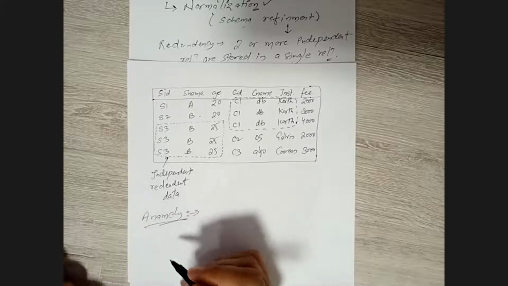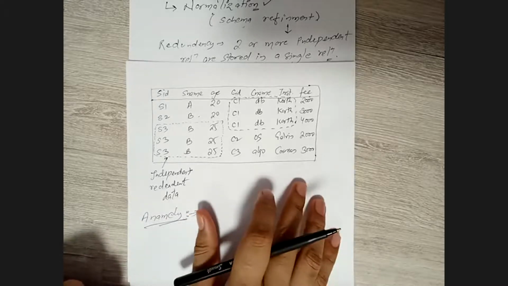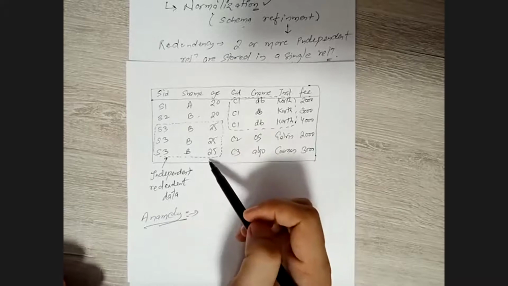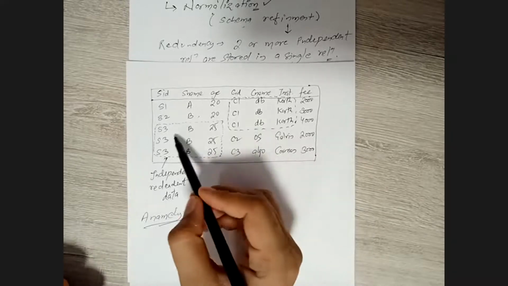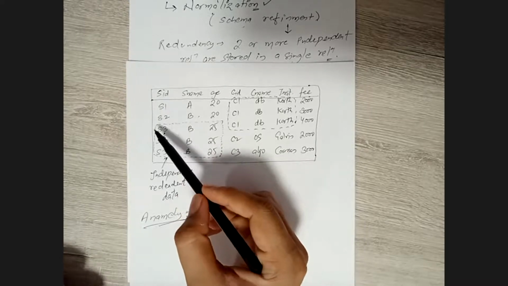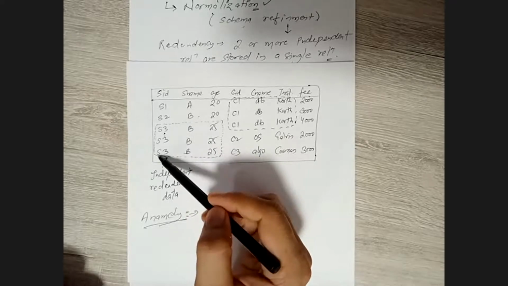So generally, there are a lot of anomalies that we can have in the database. Before that, let me give you a practical example. If you consider this type of database, now try to understand. I want to delete some S3 over here, for example, the student ID S3. The student is no more enrolled in any course in the university. We want to delete the data over this one.